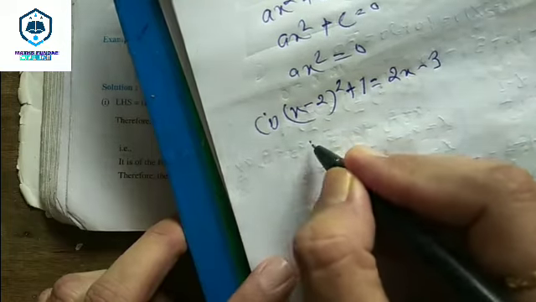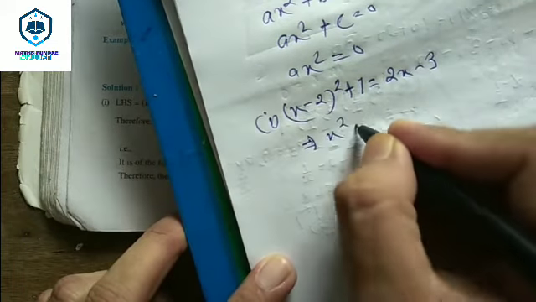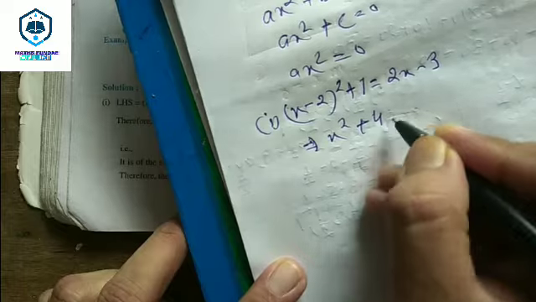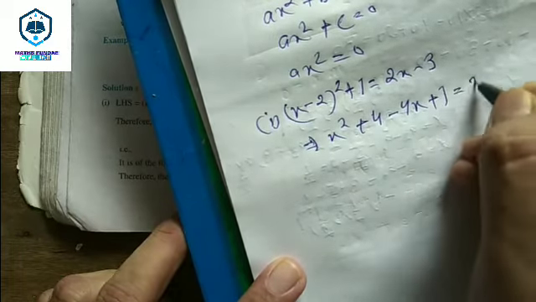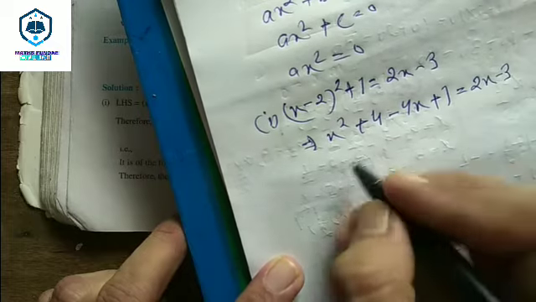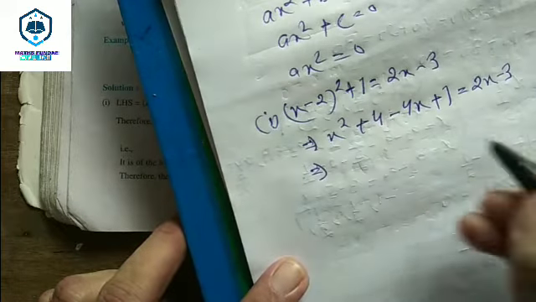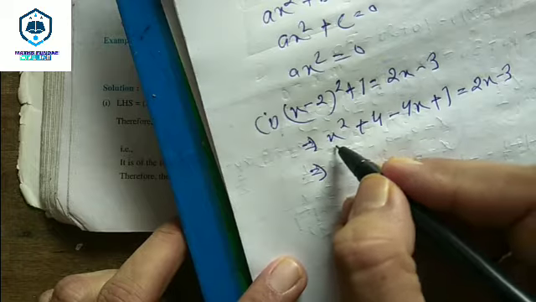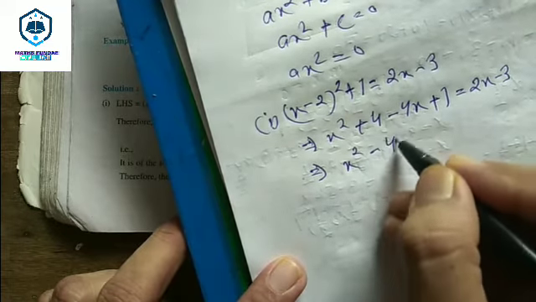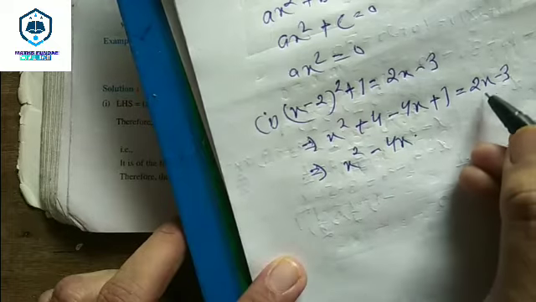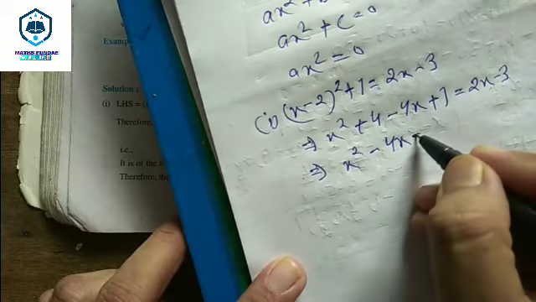So we have (a minus b) whole square is equal to a square plus b square minus 2ab, so x square plus 4 minus 4x plus 1 equals to 2x minus 3. Now what we are going to do, we'll do the grouping. Grouping means keeping the like terms together. So we have only one term consisting of x square, so we are writing it. Then we have the term with x, minus 4x. Now this 2x will come to the left side, this will become minus 2x.